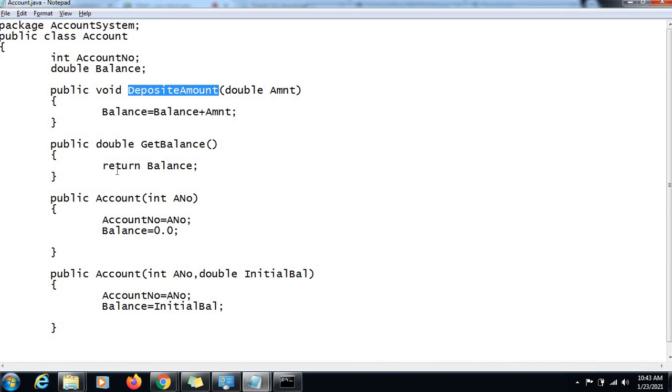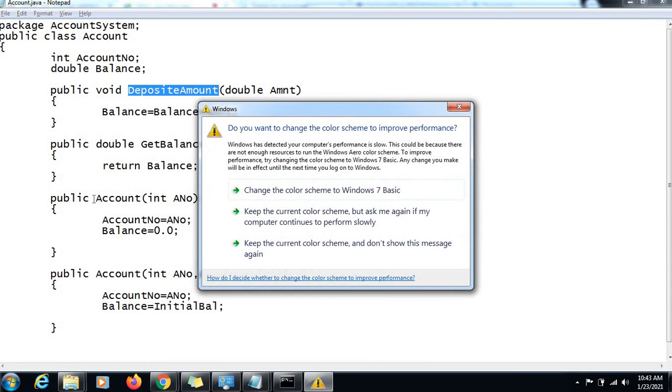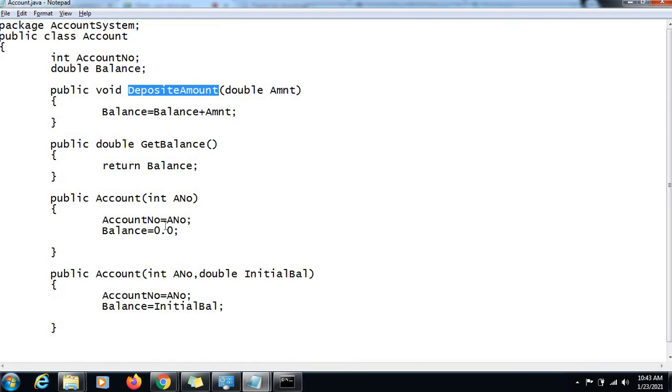But in case of constructor, there is no return type. The name should be same as that of class name. You cannot just choose any name for a constructor, the name should be same as that of class name. And parameters you can mention based on what data you need for the creation process, in this case the account opening process, right?